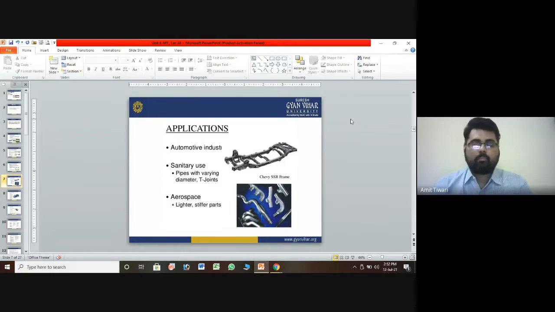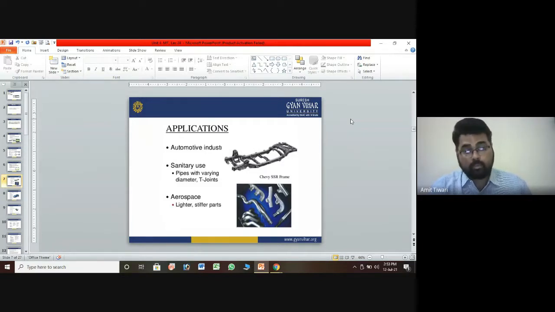Varying diameter means that if you make five pipes and combine them together with the help of welding, you can join the material together at different varying diameters. For one example, one is at 100 diameter, the second one is at 200 diameter, and another at 50 diameter. You can combine them together and make a single component after welding. This technique is generally adopted for the manufacturing of this type of tube.